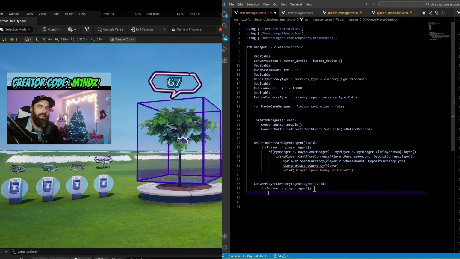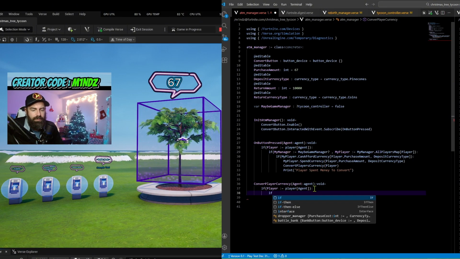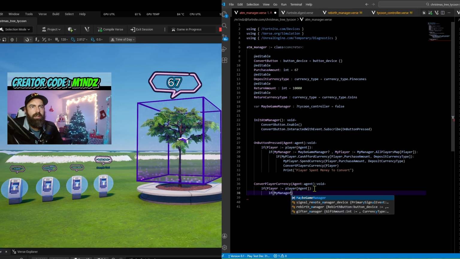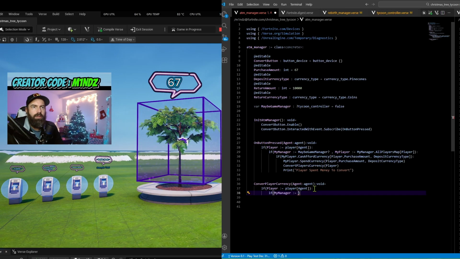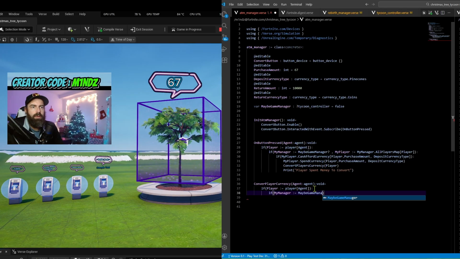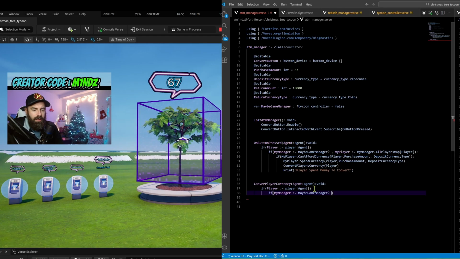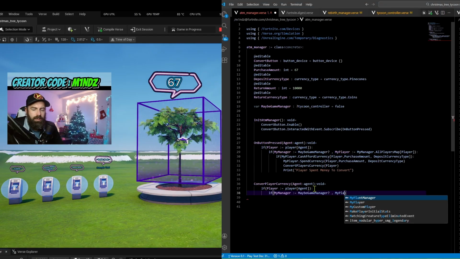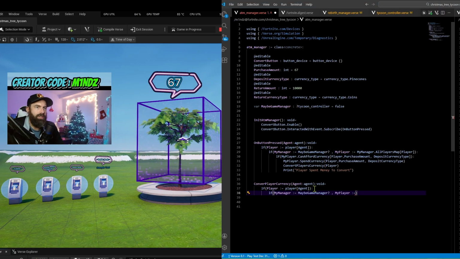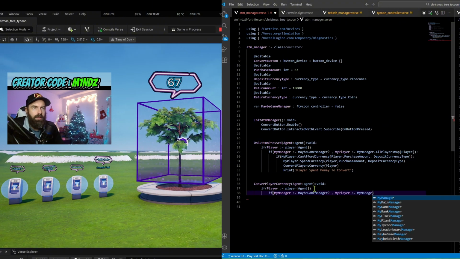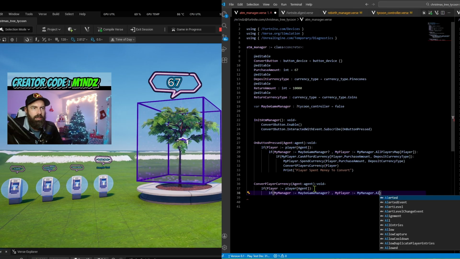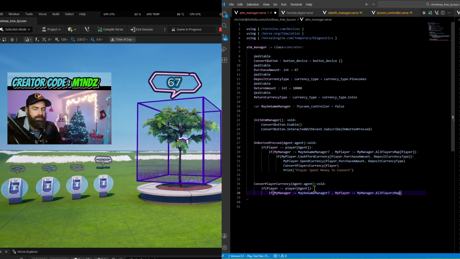if the player is the player agent, and if my manager, maybe game manager, my player, basically it's the same thing we did above. Dot all player map. Pull the player from that map. Same thing up above, except instead of taking money, we are going to